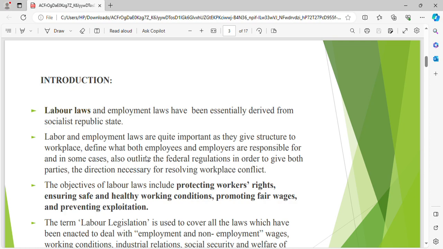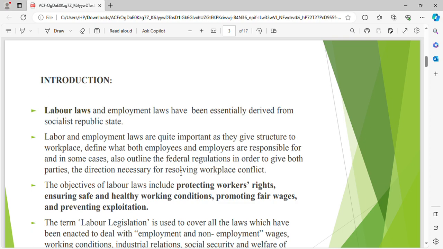Let's see what labor laws are. Labor laws and employment laws have essentially been derived from the socialist republic state. Labor and employee laws are quite important as they give structure to the workplace. Both employees and employers are responsible in some cases. They also outline the particular ways of federal regulations in order to give both parties the directions necessary for resolving a particular